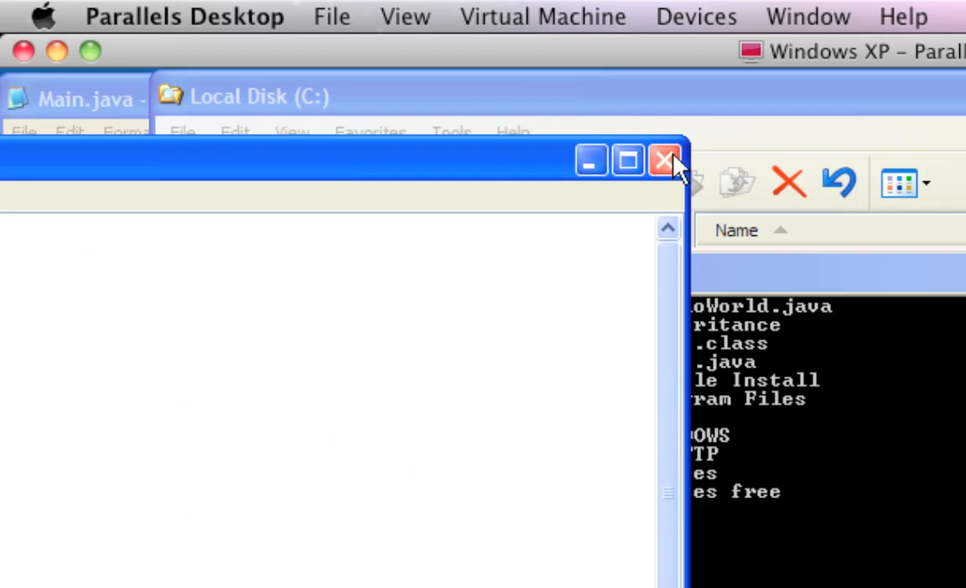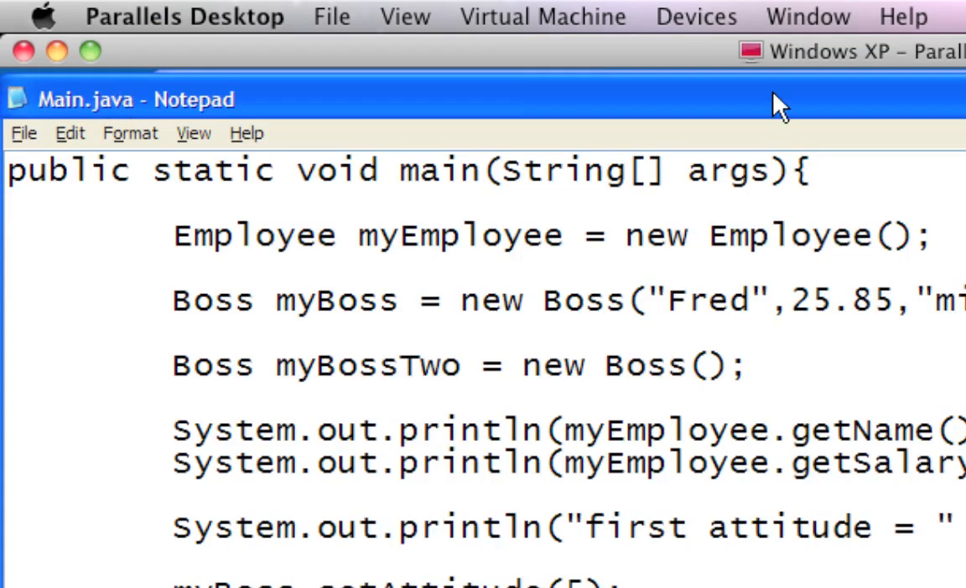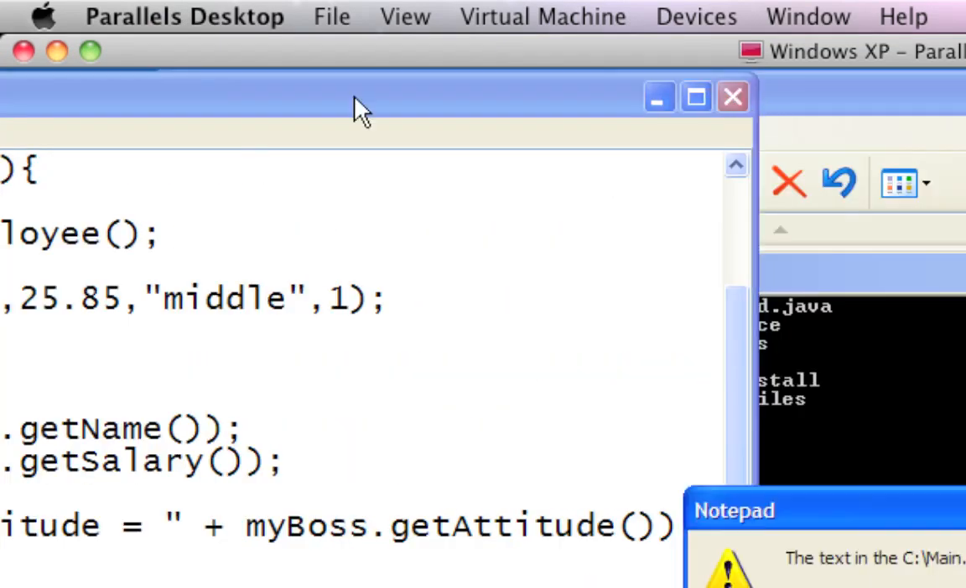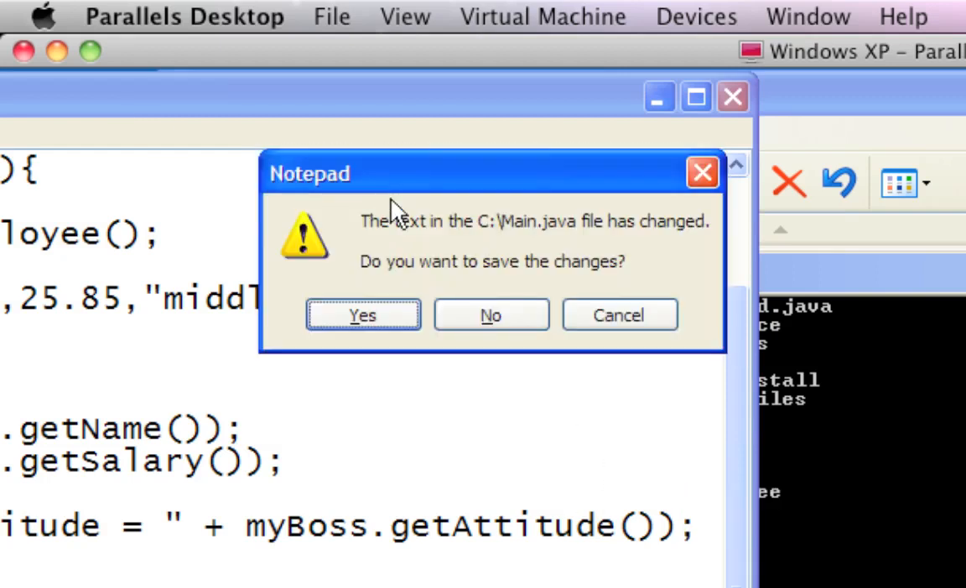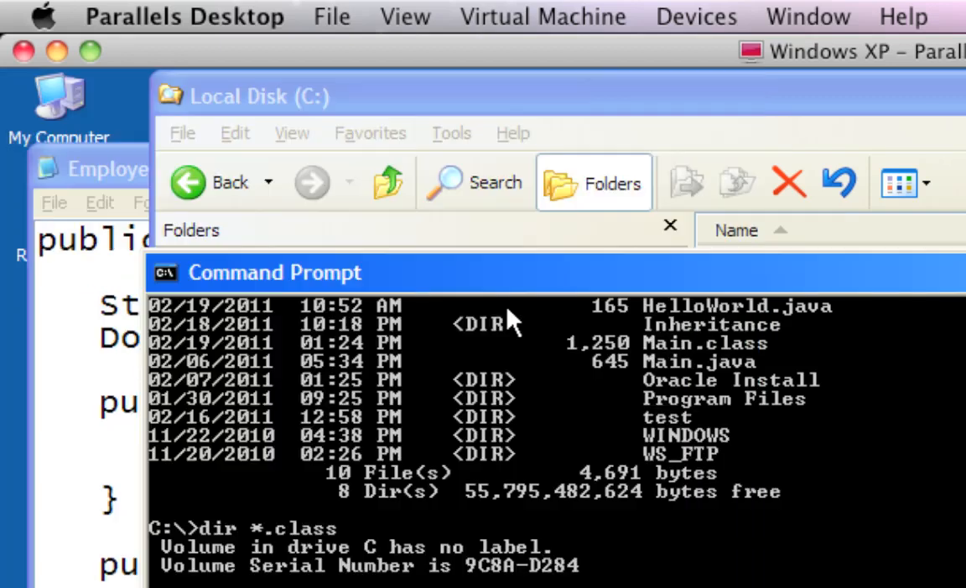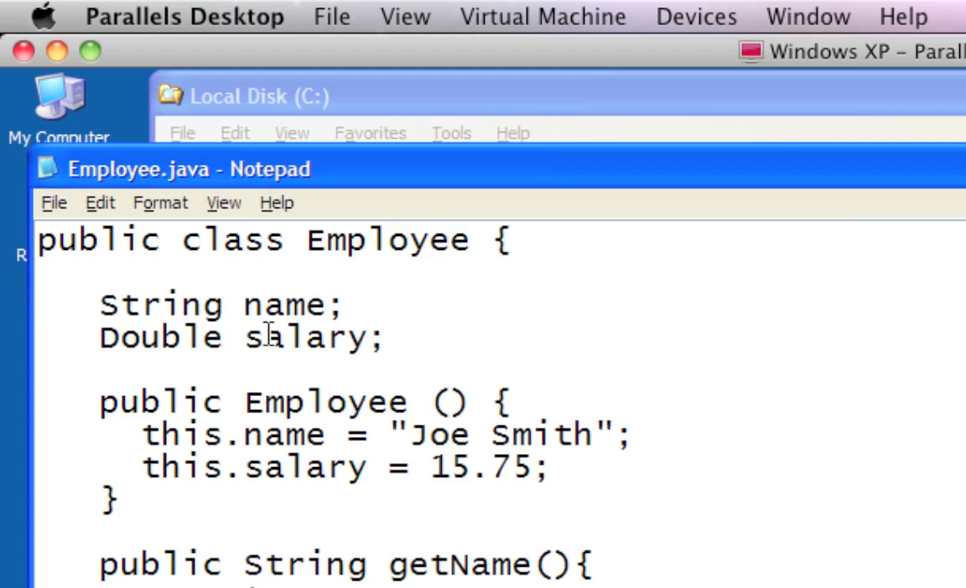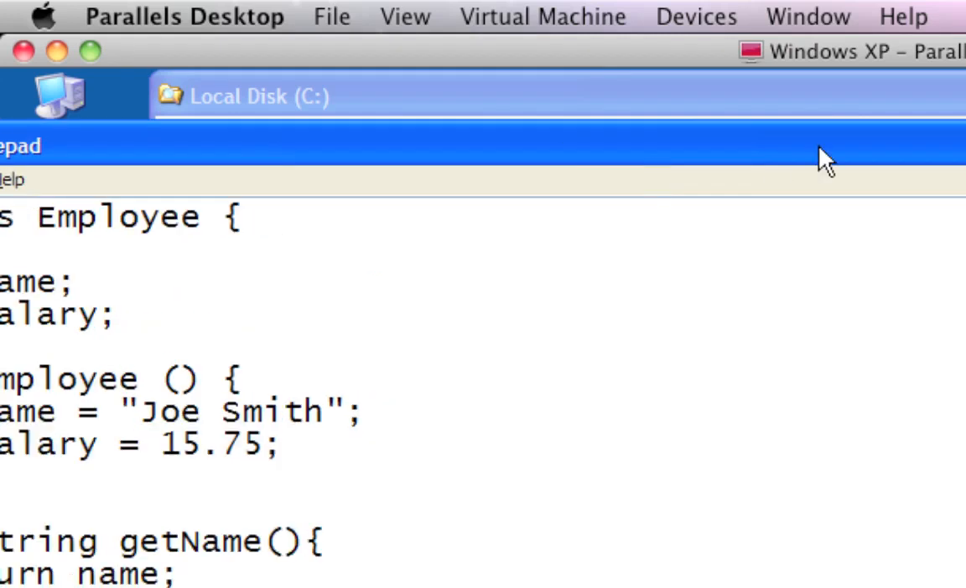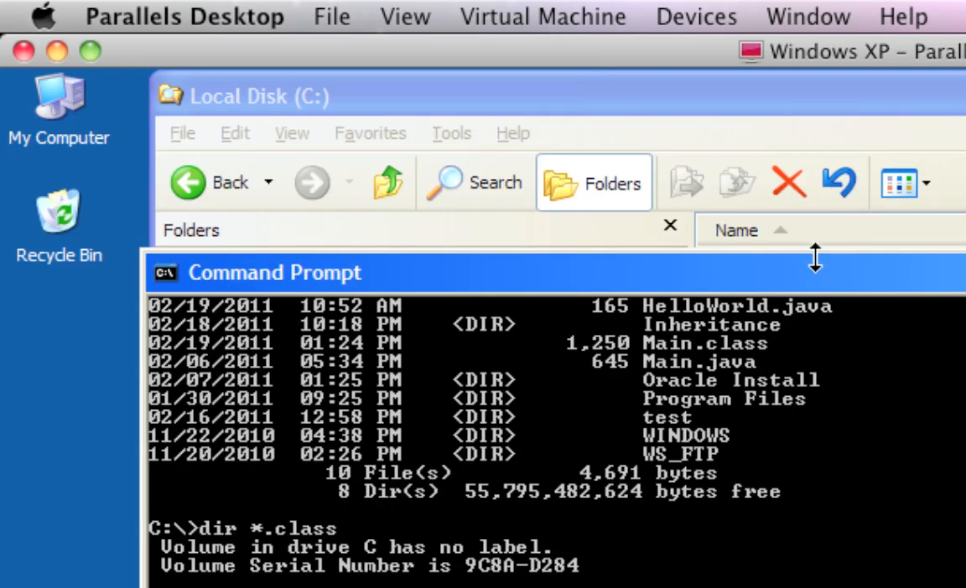I didn't change boss when I was playing around. I didn't change main either. Oops. No, I don't want to change that. But I did add this to the employee class, if you remember. If I go ahead and save this, and now if I run back through and I run the same command as I did before,